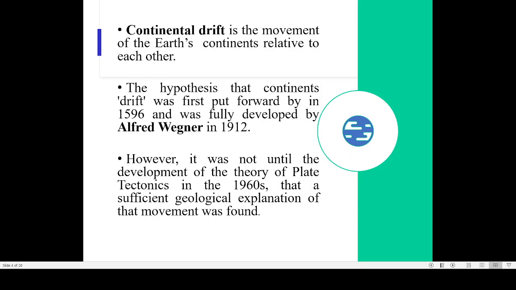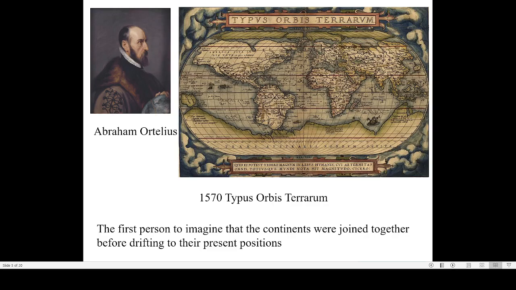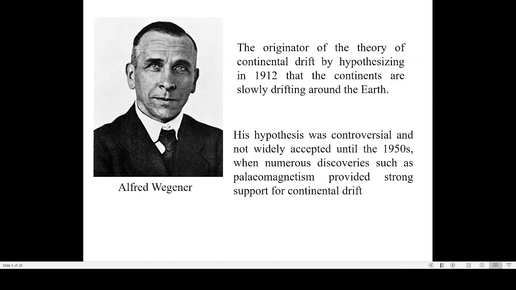Now why are we studying this continental drift? Because it's very important for us also, because as continents move, animals are also moving. So we have to understand the reasons for the movement of the continents. Now this is the person known as Alfred Wegener, and his hypothesis was controversial,